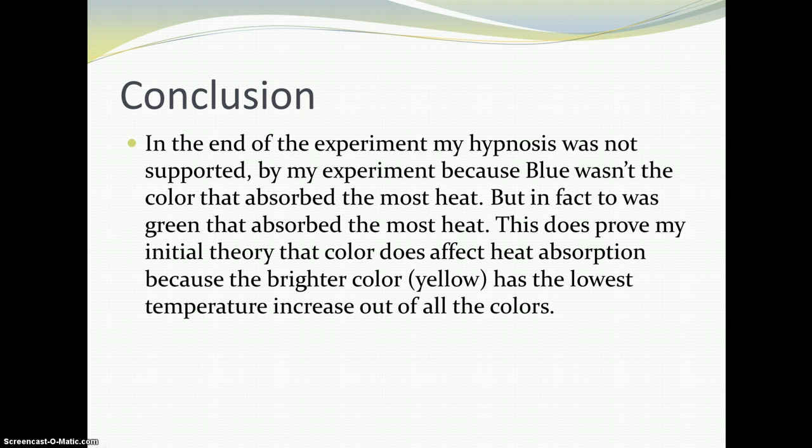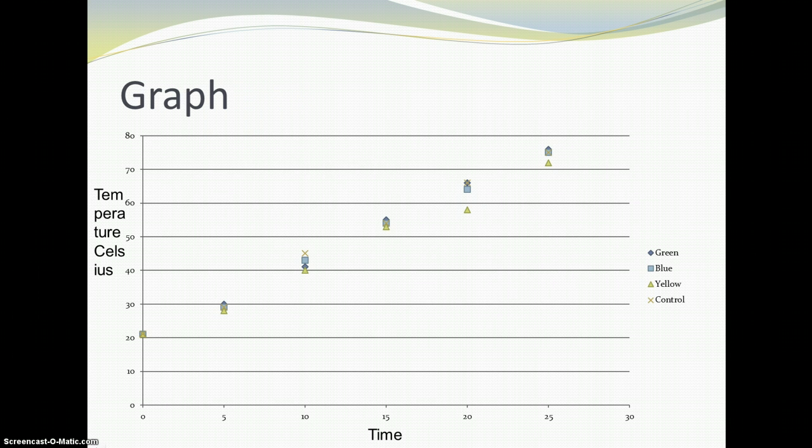So to sum it all up, in conclusion, the end of my experiment, my hypothesis was not supported by my experiment, because blue was not in fact the color that absorbed the most heat, but in fact it was green that absorbed the most heat. This does prove my initial theory, though, that color does affect heat absorption, because as we look back on the data table,